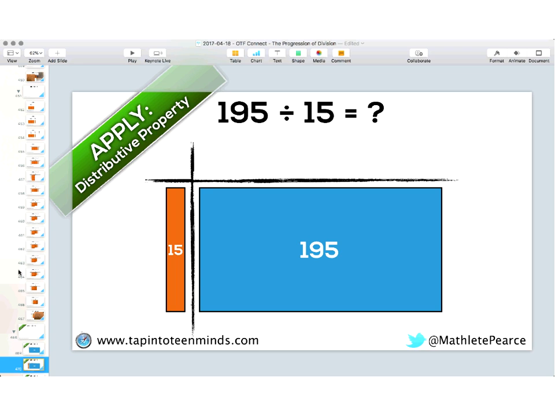and are submitting their answers through Knowledge Hub. You get the hang of it, you understand it, and then you start to build in some nice and easy strategies using some friendly numbers. So here, I'm going to give you an opportunity to take 195. We're going to have you divide by 15, but I'd like you to break it up. And I've got in the corner there, you can use the distributive property as a way to think of this. If I break this up into smaller chunks, I can do ultimately what base 10 blocks do with a little bit less hassle.